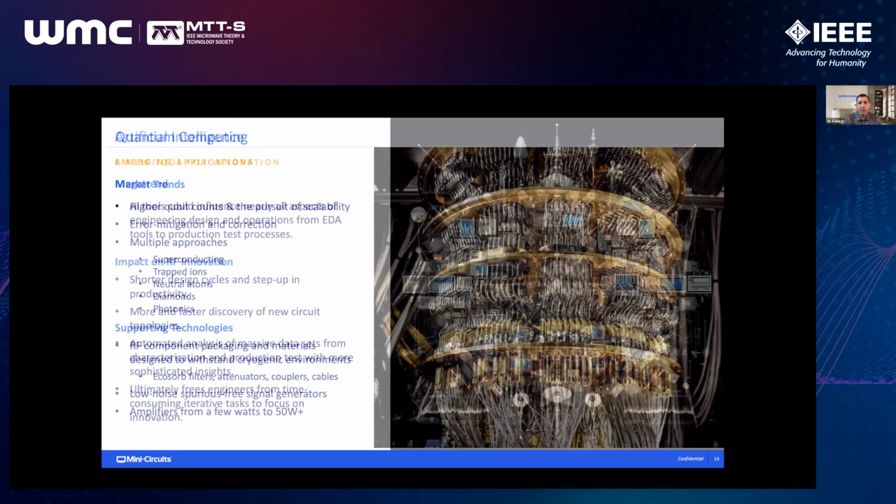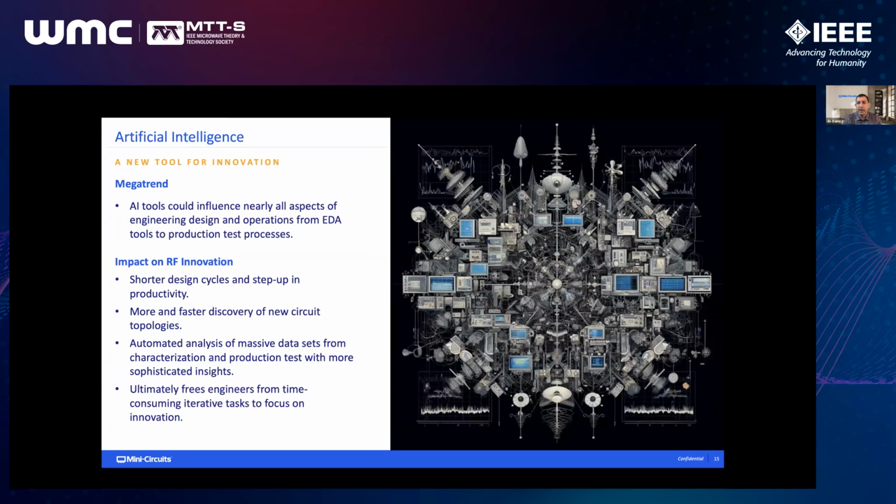I could not have this talk without showing AI, of course. And AI is, as Maurizio said, one of the key focus areas for MTT-S going forward here into this year. It's a mega trend, of course. You guys all know that. And this is a little bit of a flip in this case than the other ones, where in the other ones,